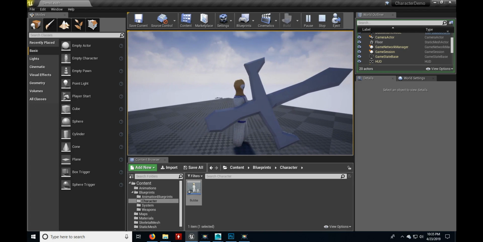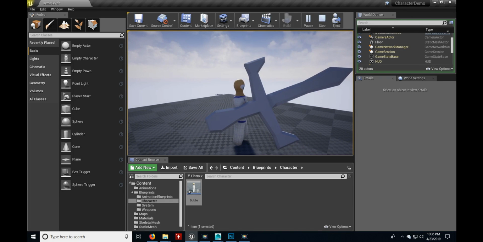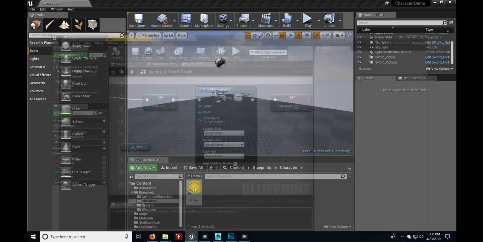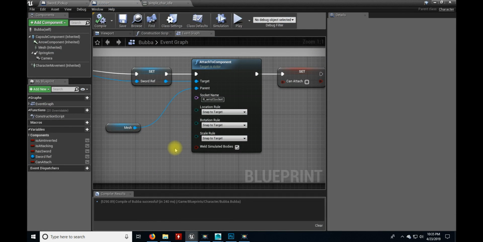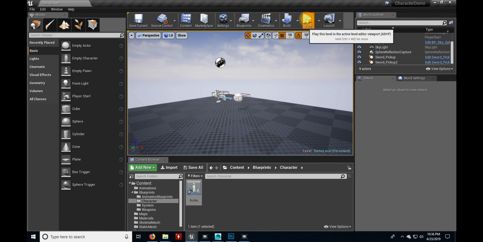So the reason it's scaling up like this is our character has been scaled 4¼ times its normal size, and it's inheriting the scale from our character, which we don't want. So let's go ahead and go back into our character. We can compensate for this by adjusting the scale of the object itself, or right here where our scale rule is, and we'll just set this to keep world. If we hit compile,